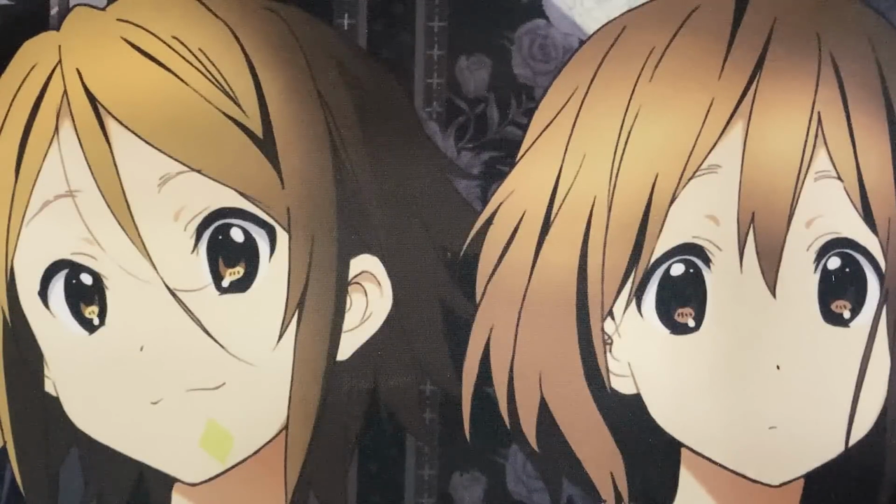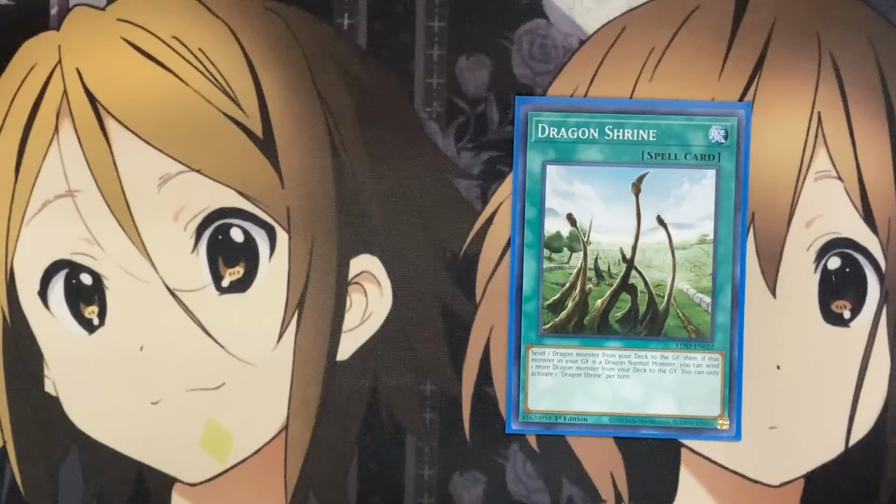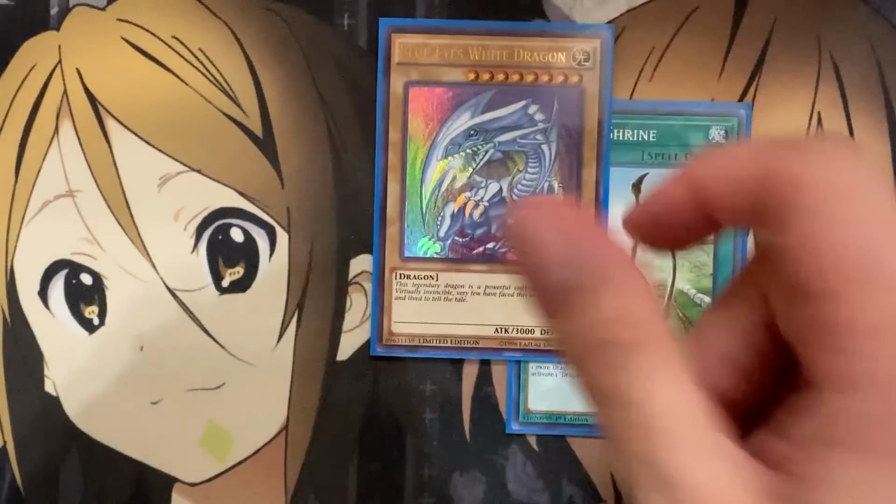And then for some of the 1-ofs for the spells, I run 1 Dragon Shrine, more graveyard setup, and with Dragon Shrine, you send 1 dragon monster from your deck to the graveyard, and if it was a dragon normal monster, you can send 1 more dragon from your hand or deck to your graveyard. So with this play, you have the send of the Blue Eyes, which will also set it up in the